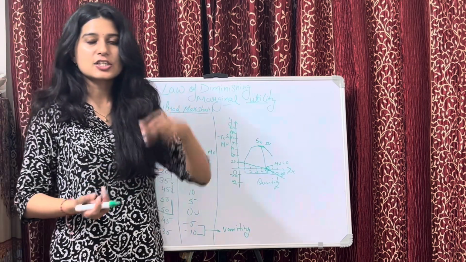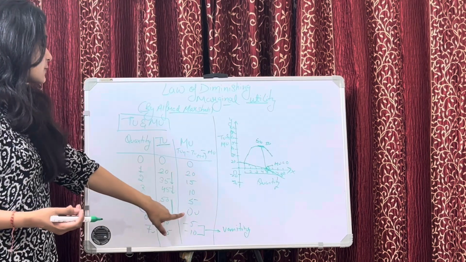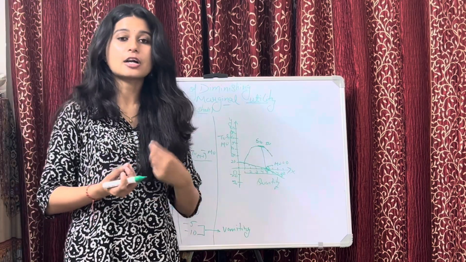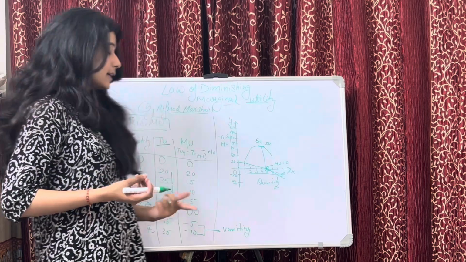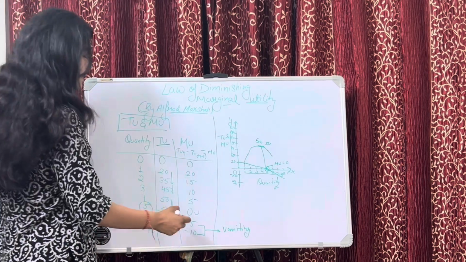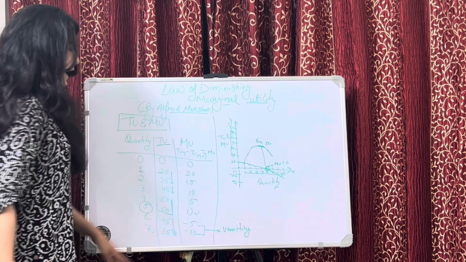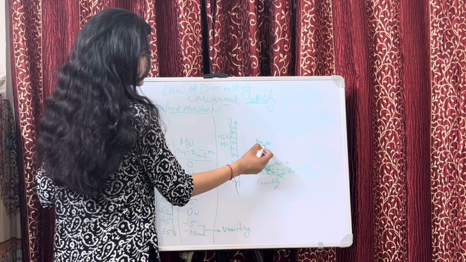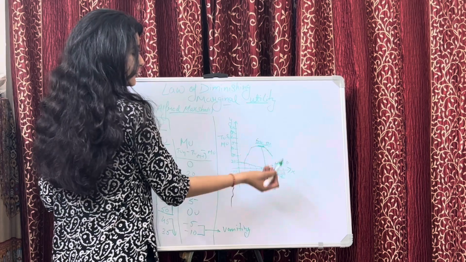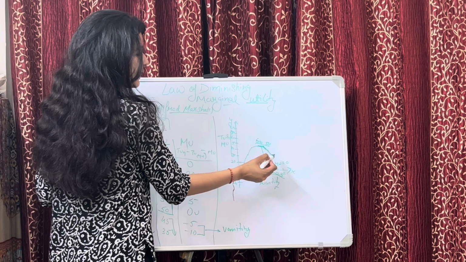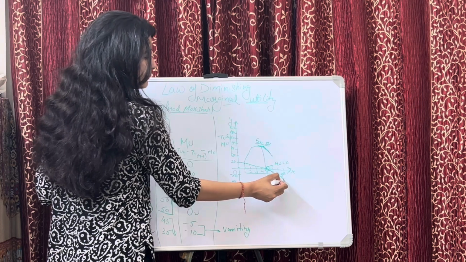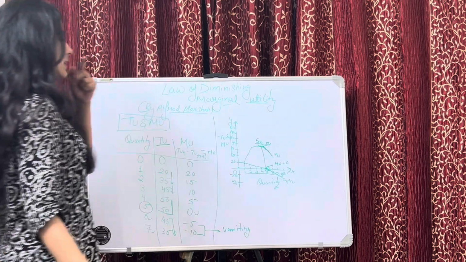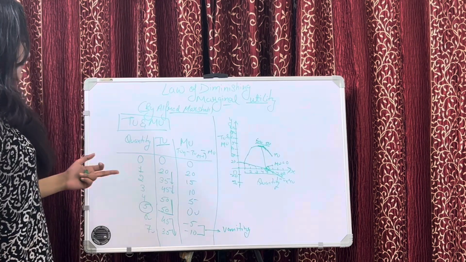This is a dissatisfaction level, because after this point, after your marginal utility is 0, it means you are not getting any more additional satisfaction after consuming more units of the commodity, and even if you keep consuming, your total utility will start falling and your marginal utility will become negative. As you can see from this diagram also, this is the maximum point of total utility, after this point it is falling, right? This is your marginal utility curve, this is your total utility curve. I hope I made points clear.